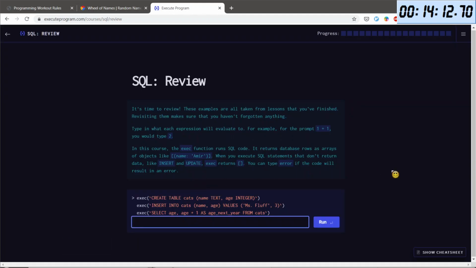It's time to review. Okay, in this course, the exec function runs SQL code. It returns database rows as arrays of objects, like name mir in array. When you execute an SQL statement that doesn't return data, like insert and update, exec returns an empty array. You can type error if the code will result in an error. Okay, so what we are doing here, we are creating a table cats, two columns, name and age. Name is text, age is integer. Then we are inserting one value,